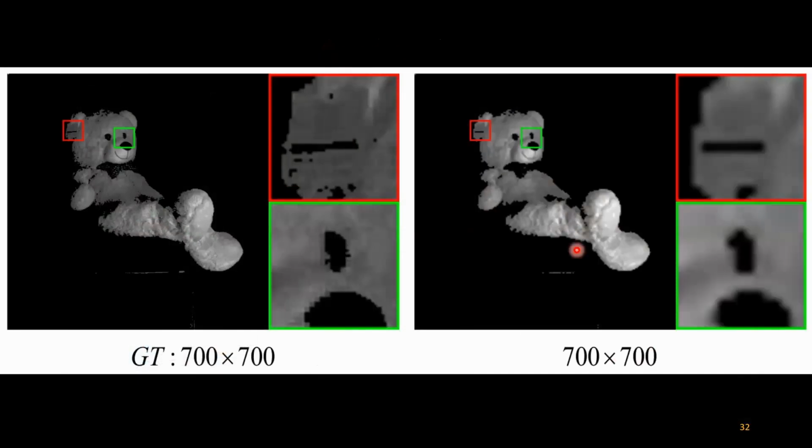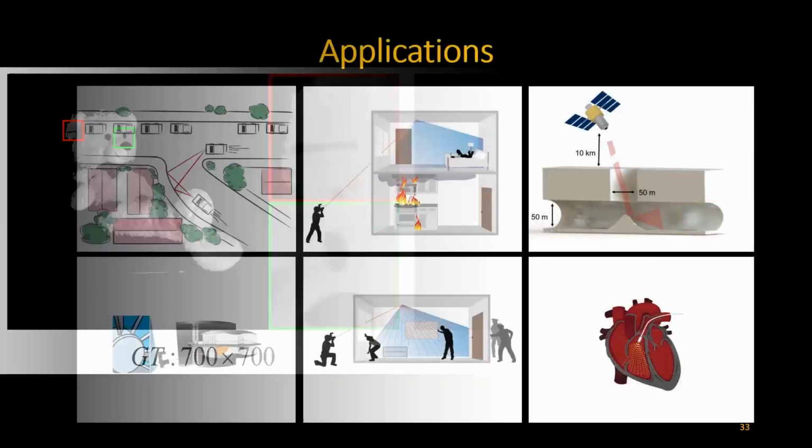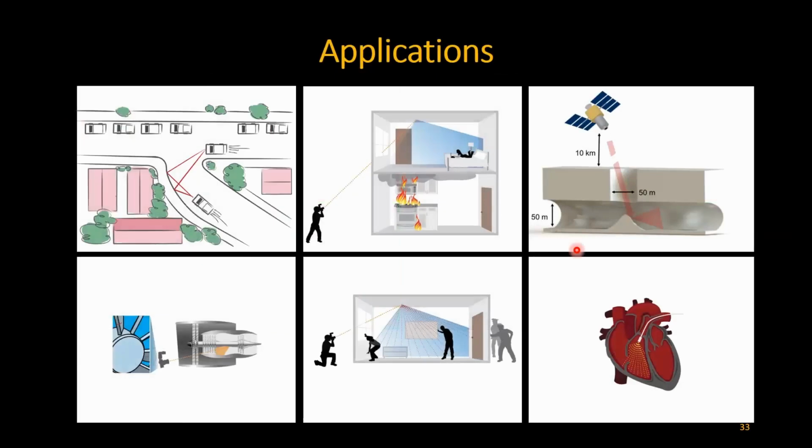So now let's look at some of the applications. This is going to be the last few minutes of the presentation, because I believe I'm running out of time. So here are some of the applications we have been thinking about. Of course, navigation, collision avoidance, self-driving cars. The car could bounce the light off the curb here. It could even bounce it off the road, right? And just to see around corners.